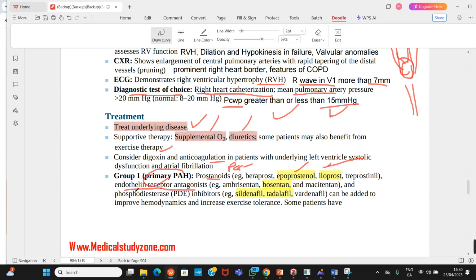You are giving prostanoids, which is PGI2, prostaglandin I2. What they do is relax that vessel. They include epoprostenol, iloprost, treprostinil, beraprost, all those pro stuff, they will relax. You can also give endothelin receptor antagonists, because endothelin is a vasoconstrictor. So give something that would oppose the effect of endothelin: bosentan, ambrisentan, macitentan, all those sentans. Then the last one is the